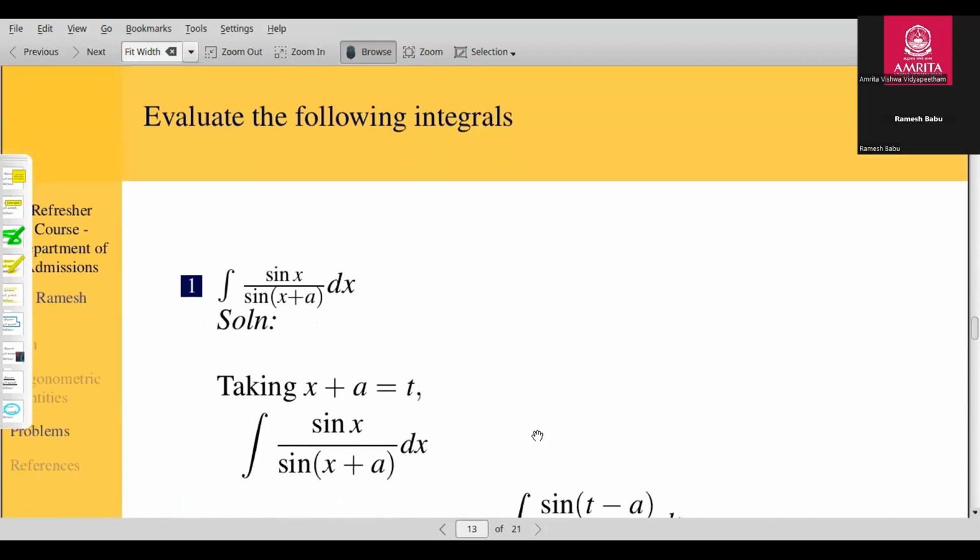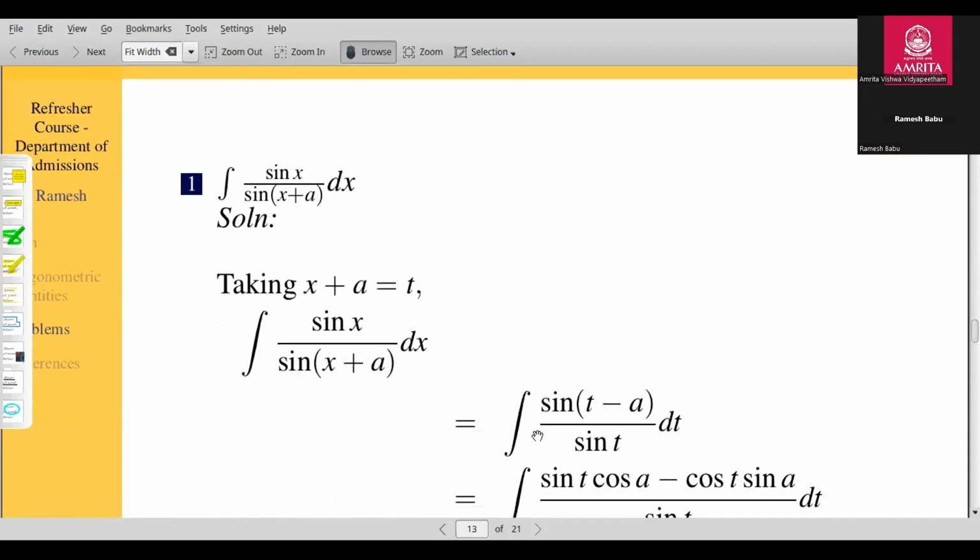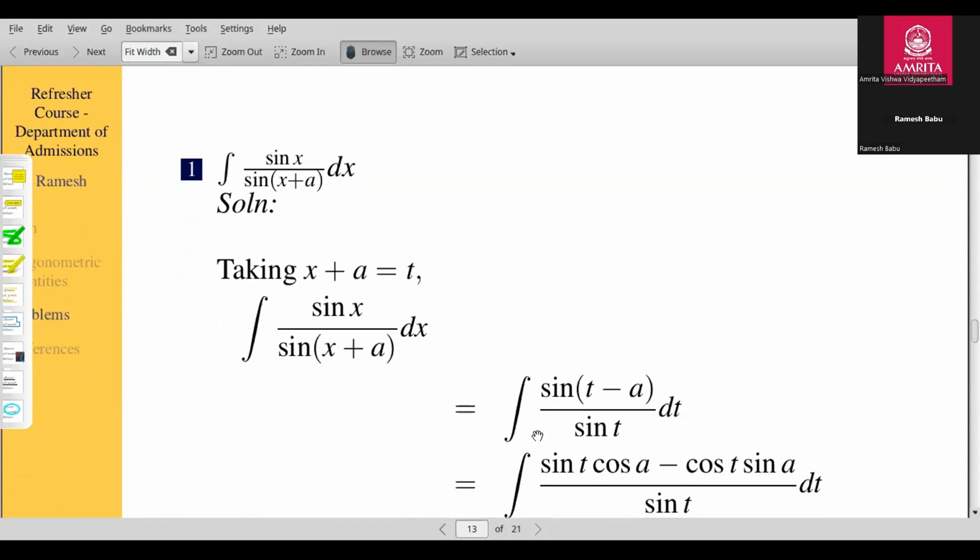Okay, fine. So I'll do the next problem. The next problem is integration where both are sine. These are rational functions: in the numerator it is sine, and in the denominator also sine. The problem here is,